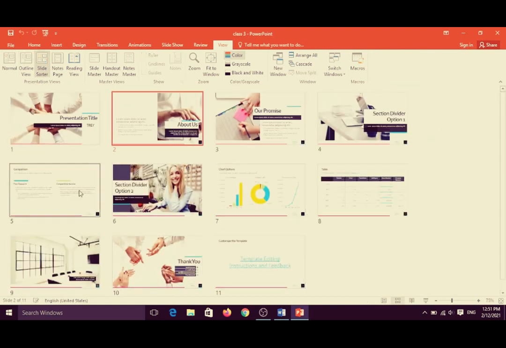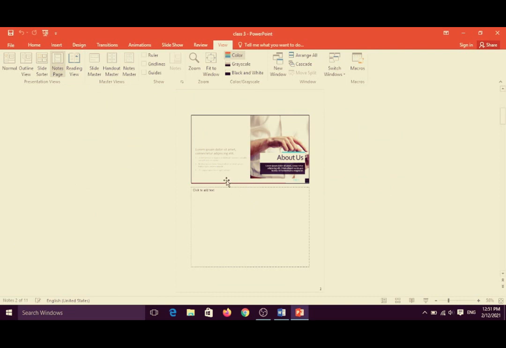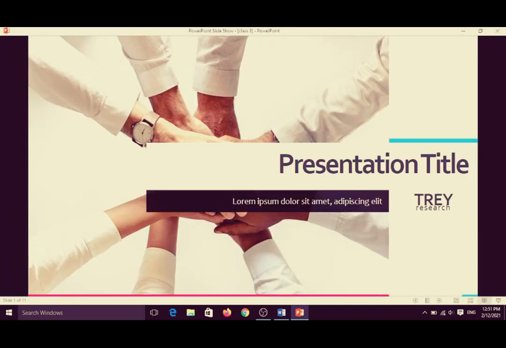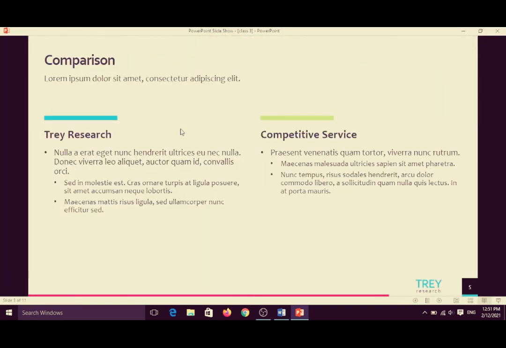Now this time all slides you can see at one time, that is the Slide Sorter view. And Notes Page. Now this time it is Notes Page view, and this is Reading view. Yes, it is Reading view.